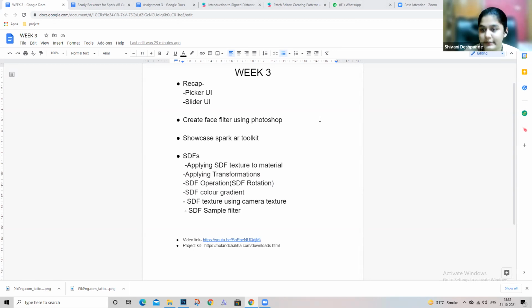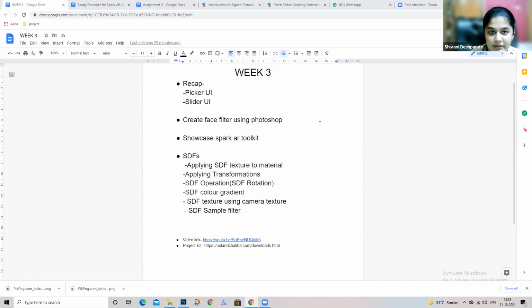part of the shader assets that Spark AR gives us. This is a bit high level, but we will learn the very basics. Because you guys are just starters in Spark AR, there's no point in going directly into high level. So we'll learn a little basics, so that if that's something you want to learn or explore further down the line, then maybe you can do that. Okay, so this is what we're going to do today.